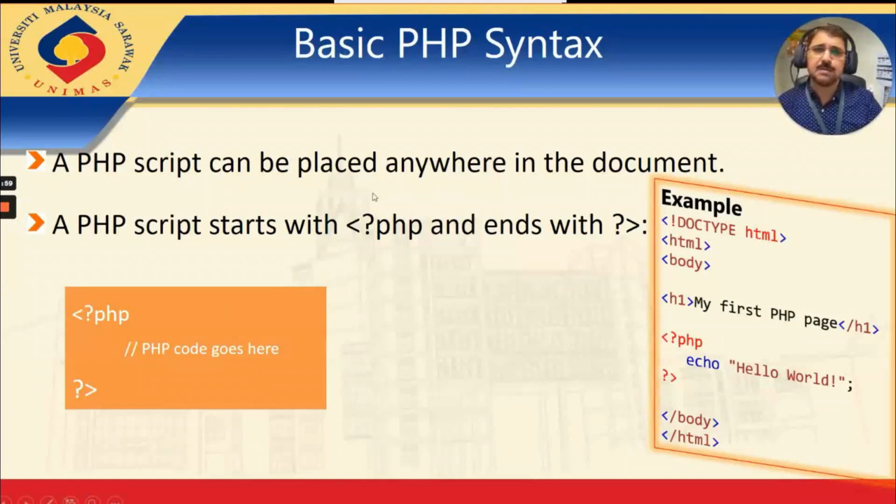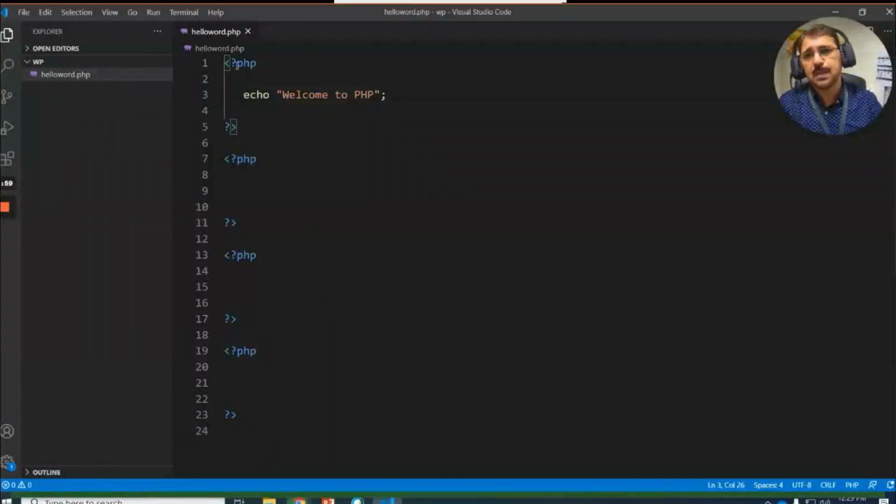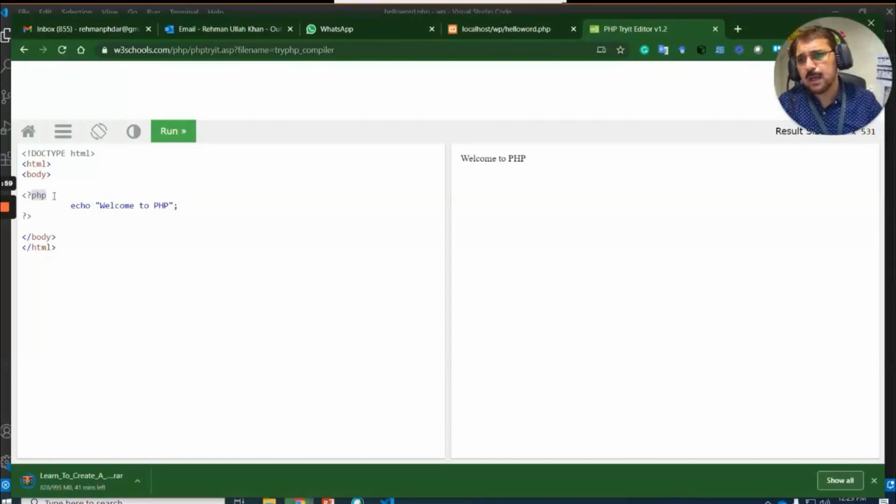So a PHP script can be placed anywhere in a document, as I told you. PHP scripts start with the less than symbol and question mark and PHP, and the closing PHP block will be question mark and then the greater than symbol. There is a shortcut way also. Some people are not typing the word PHP. For example, let me use the online version. If you don't type the PHP, just the less than symbol and question mark, and then the closing question mark and greater than symbol inside this PHP code,